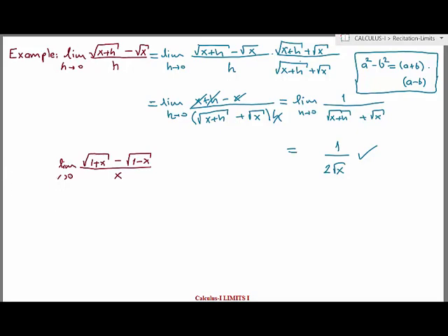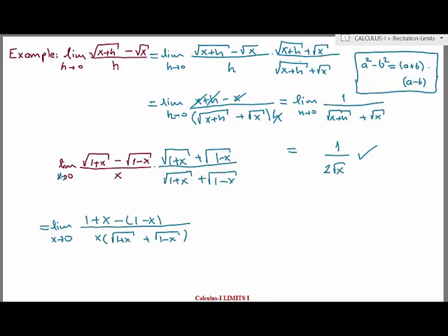I will use the same idea for the second problem. When x tends to 0, square root of 1 plus x minus square root of 1 minus x over x. I will multiply and divide the expression by the conjugate of the numerator. Again, by the formula of differences of squares, we have, if we simplify this expression, finally we get limit when h tends to 0,